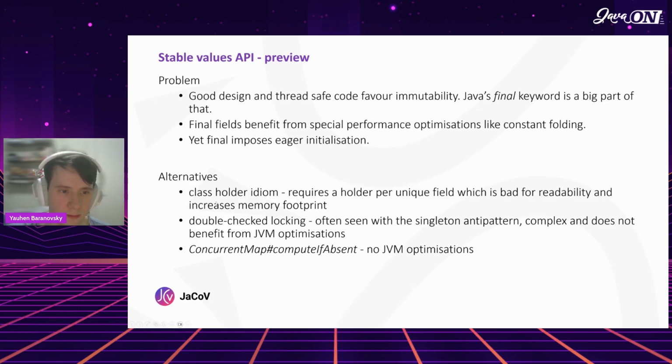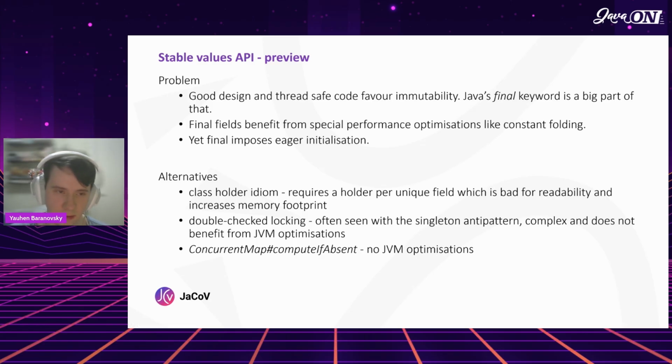The alternative previously included the class loader idiom, which requires an additional class per field you need to process this way, which is quite clunky and increases memory footprint. Also, we have the old and good or bad, name it whatever you like, double-checked locking, which is tightly coupled with the well-known singleton anti-pattern. And it doesn't benefit from JVM optimizations and looks weird. But another option is functional style like concurrent map computeIfAbsent, but it also has no